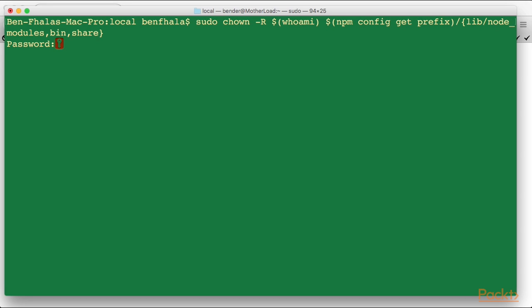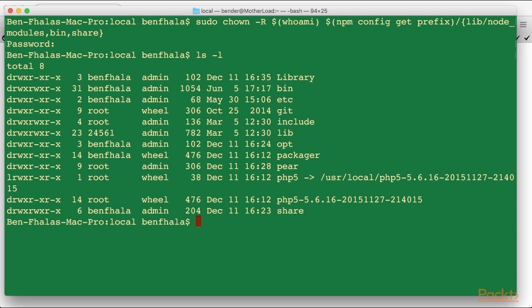I just have to make sure that I provide the password, my root password, which I've just done. Once I provided the root password, if I look at those files and who owns them, you're going to see that our bin folder is now mine completely. Our share folder is mine completely. And if I go into my lib folder, which, by the way, is owned by some number,